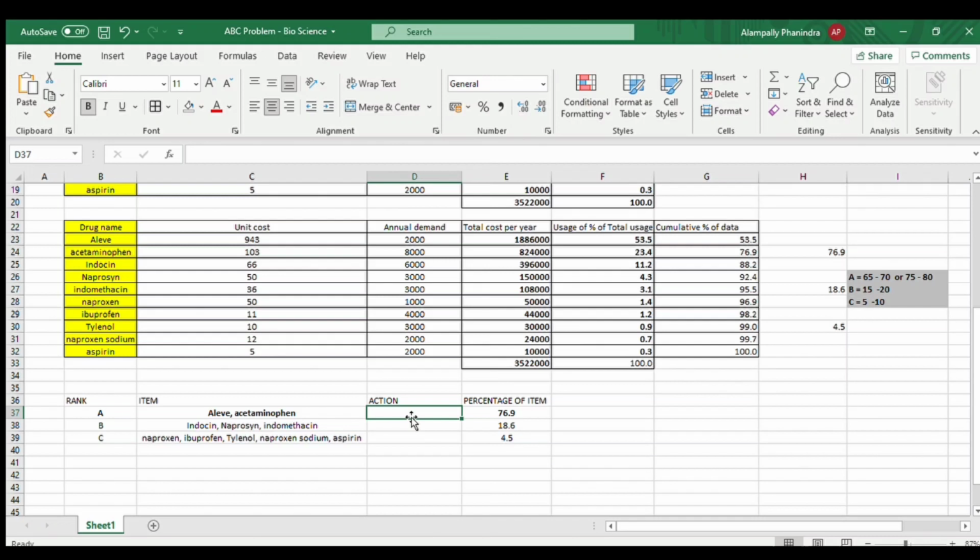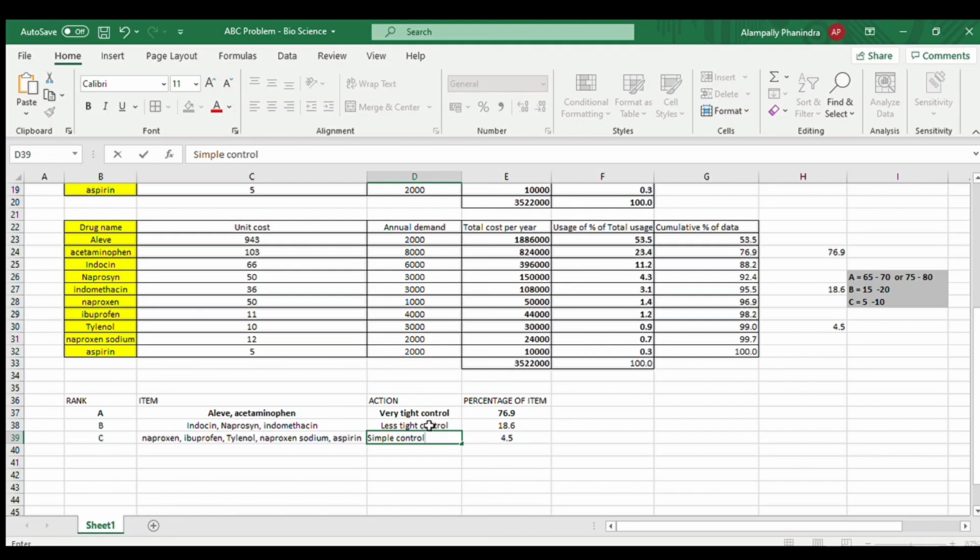So now coming to this action. What is the action which you are going to take once these items are placed under the category of A, under the rank of A? You can keep it as a very tight control. Very tight control. And now coming to the second one, which is B rank, where there will be less tight control. Less tight control. And now coming to the rank C, here it will be a simple control, where you are not going to take much risk controlling these products which are ranked under C, but there will be normal control which you have to take.